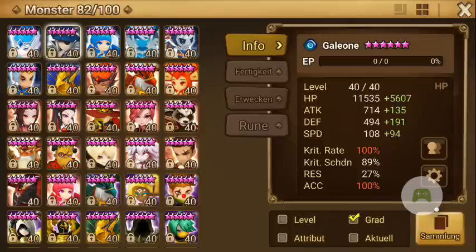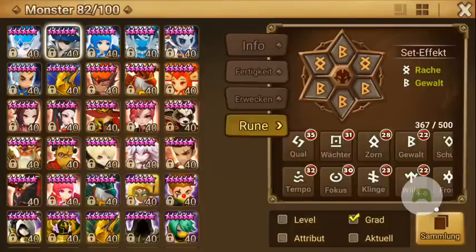So he has over 200 speed on Violent Revenge. 100% crit rate. Well, that was not planned, but I had to use a Violent rune with good speed subs and accuracy subs, and it was a crit rate rune, so I don't mind it. His crit damage is good because it can't get that high with crit rate on 4, but 89% is good. 100% accuracy, I really like that. I don't want him to fail, so